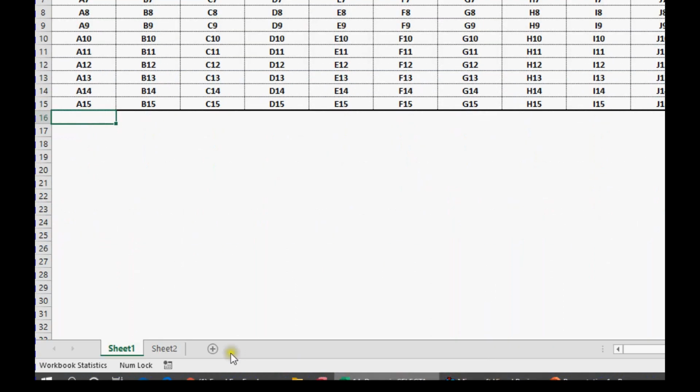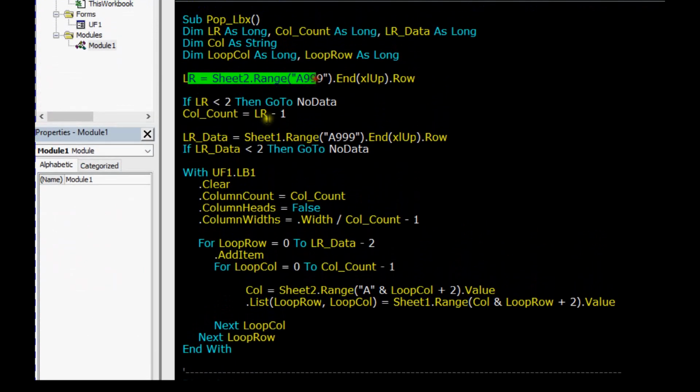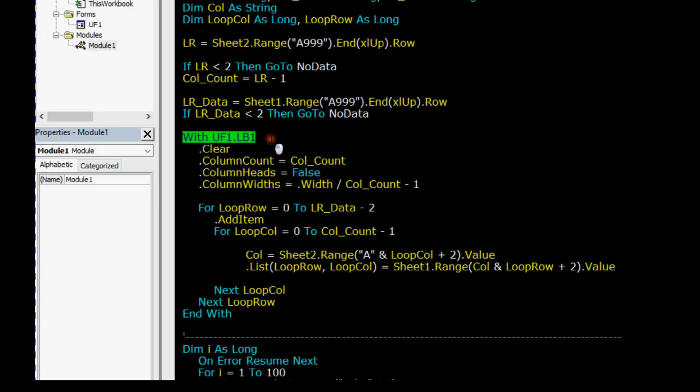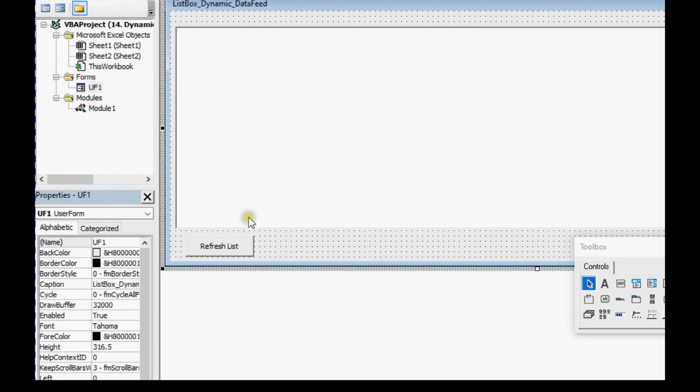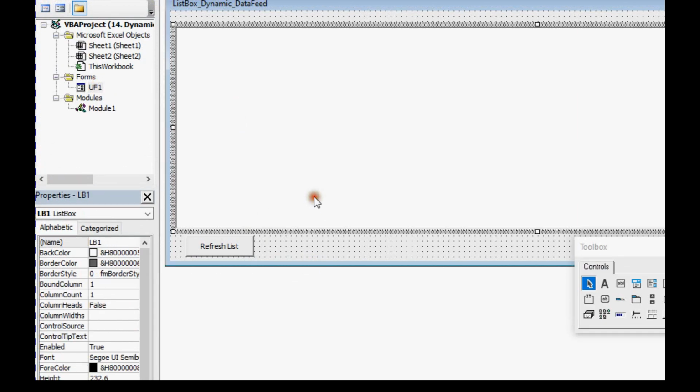So this one tells us which column, and this one tells us how many rows. Same thing, if it is less than 2, then we go to NoData. Nothing to be populated. Now we come to the user form ListBox1. So this is the user form named UF1, and this is the list box named LB1.